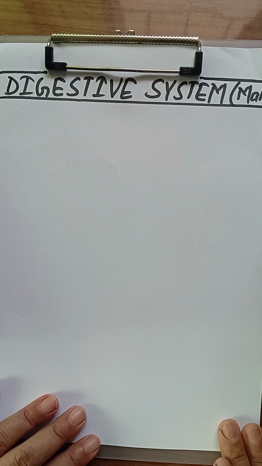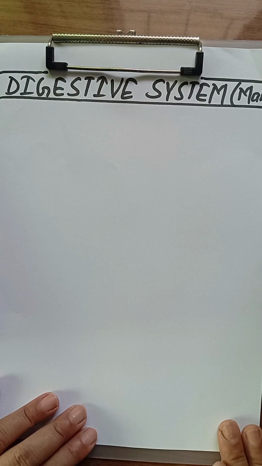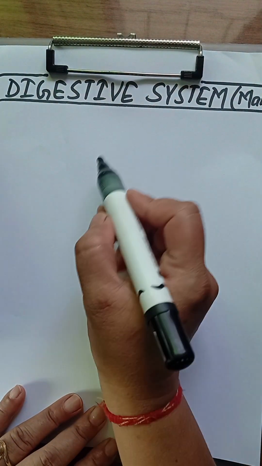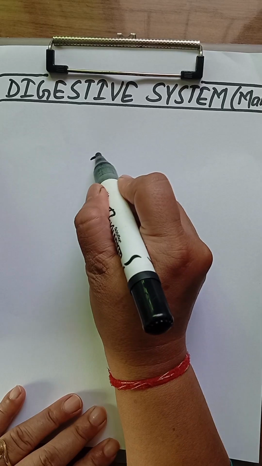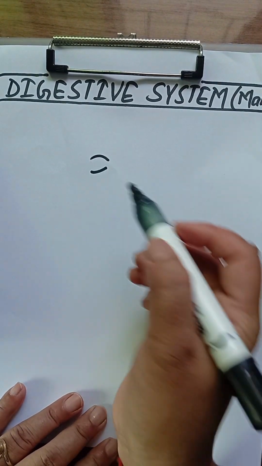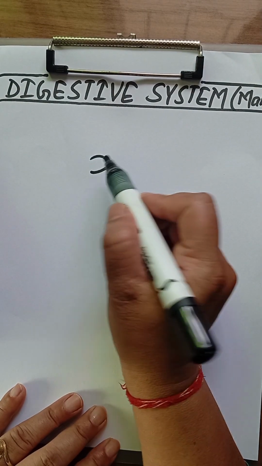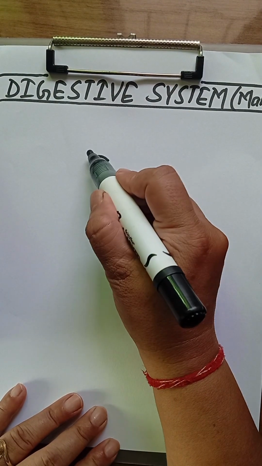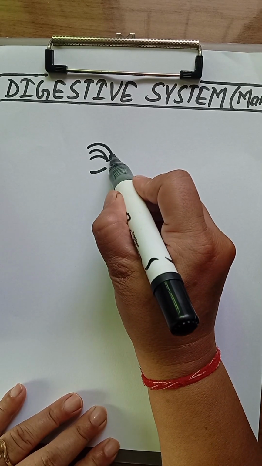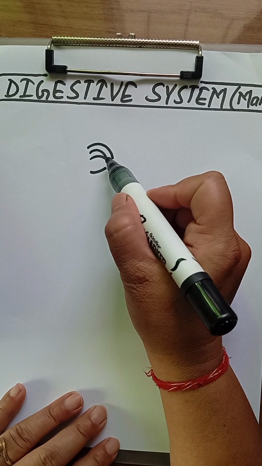Today we are going to learn how to make the digestive system of man in an easy way. For making the digestive system, first of all you have to know you need an oral cavity. Oral cavity is a cavity just inside the mouth. Then you have to make the nasal cavity like this, because if there is no nasal cavity then you cannot swallow